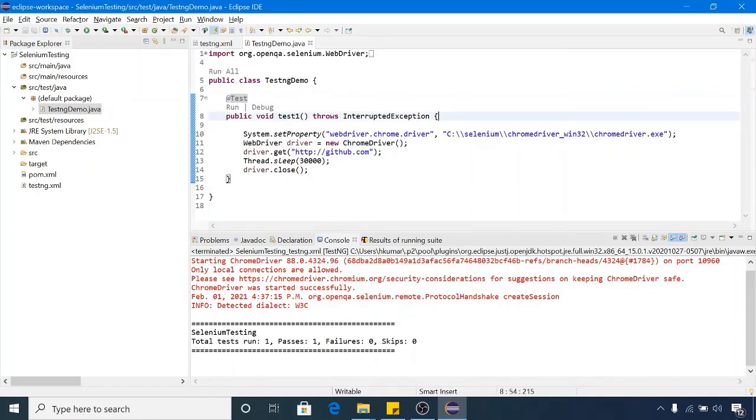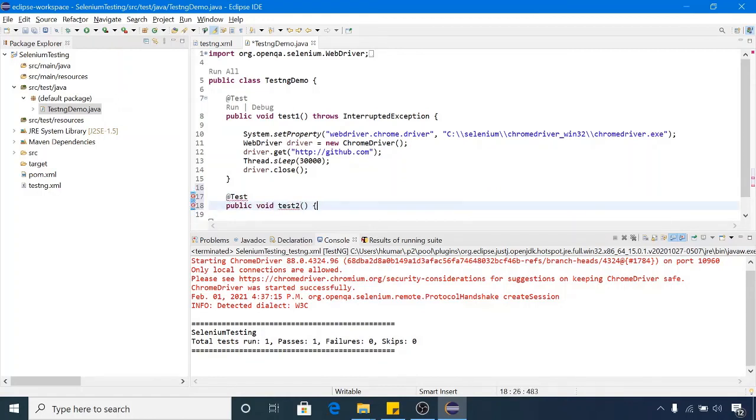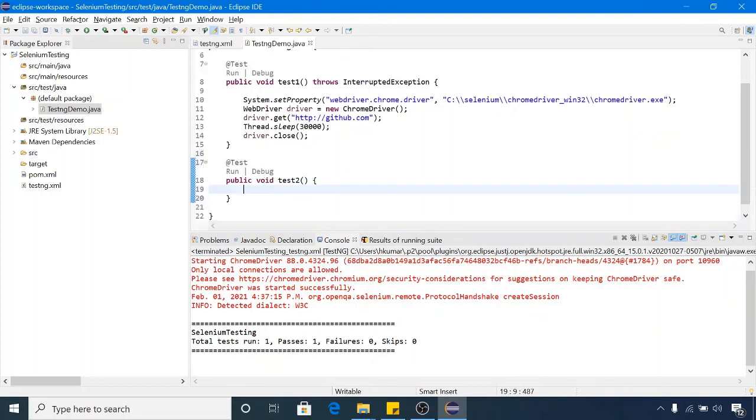Have a look. Using TestNG, you don't need the main method. You can just directly use the @Test tag and create one method, and you can write your code here. Let's suppose if you want to add one more scenario, you can again use the test annotation and just create one method here, test2, and you can write your test code here. So using this test annotation you can create a number of test cases. So this was the feature of TestNG in Selenium. Okay, that's all for today. Thank you so much.